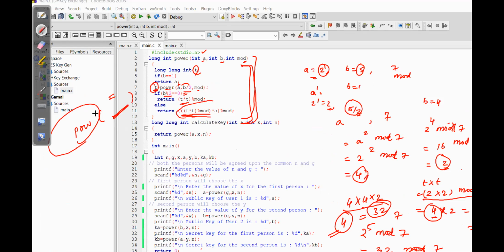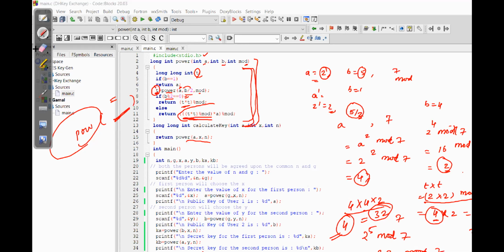Okay, sir, understood. Yes. So once you are clear with this, for whatever calculation we do further, I am just going to call this power function and use it, right? So when we move to the main function, is it okay? Shall I erase all these annotations? Will it be okay? I need to move the screen. Yes.